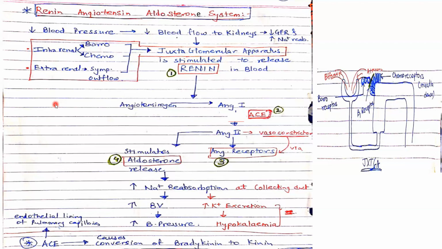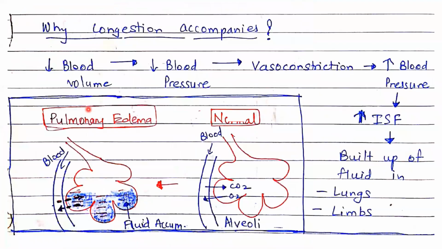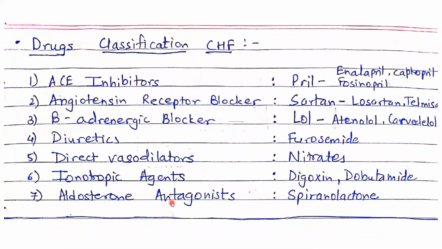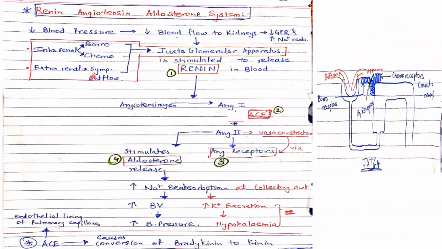The question is where exactly this angiotensin converting enzyme is present. Do you know? It is present in your lungs. So exactly where in the lungs? If you see this capillary, it is lined with endothelial cells. At the surface of the endothelial cells, you will find ACE, that is angiotensin converting enzyme. So I hope by now you have understood the entire renin, angiotensin, aldosterone pathway.